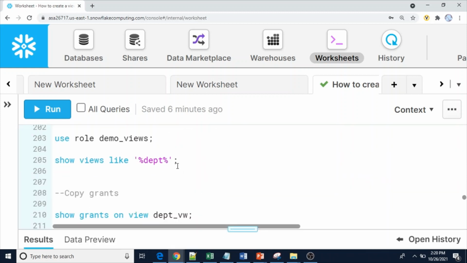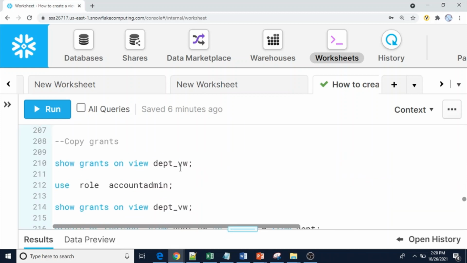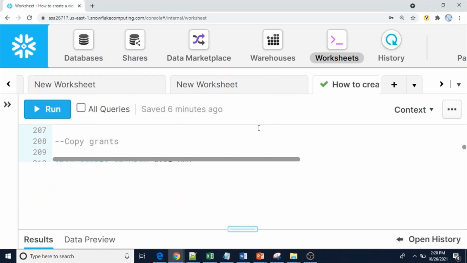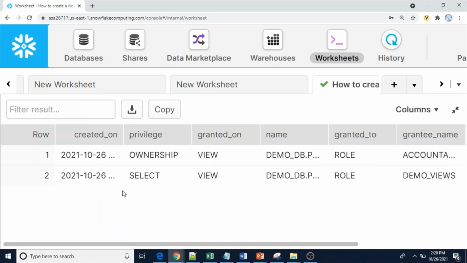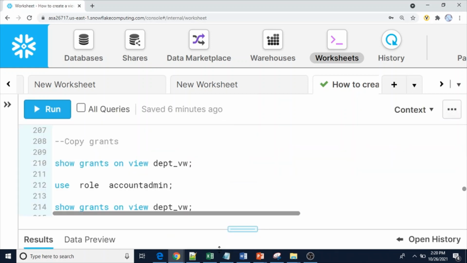Now we will see copy grants, which is one of the important things in real time also. Show grants on view. With the current role, if you see here, ownership role is account admin, and select privilege is given to demo_views. This is the existing current situation.